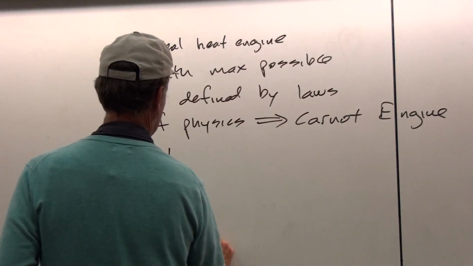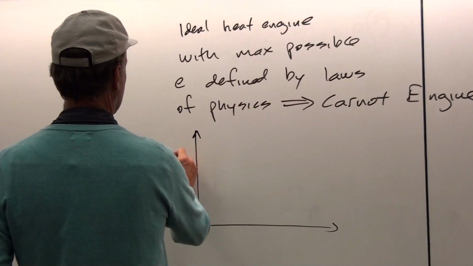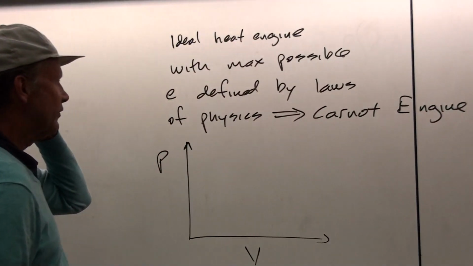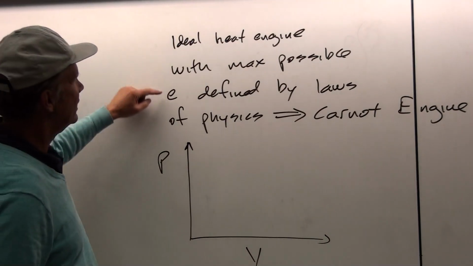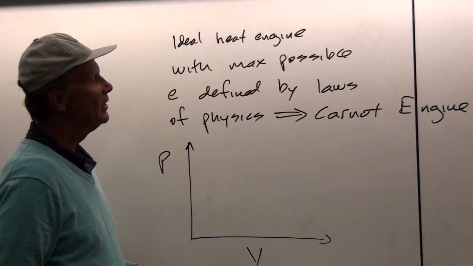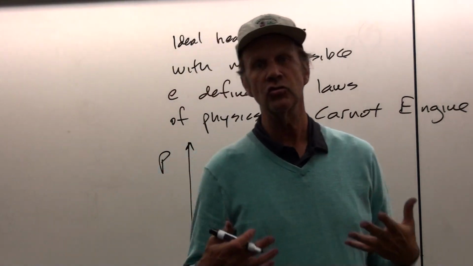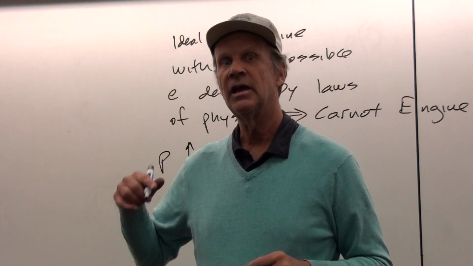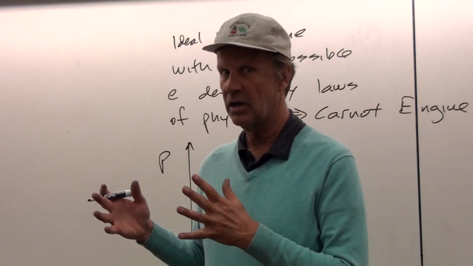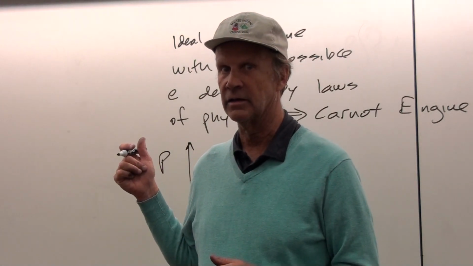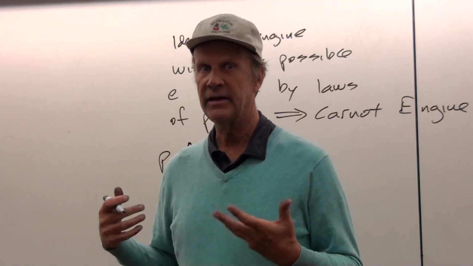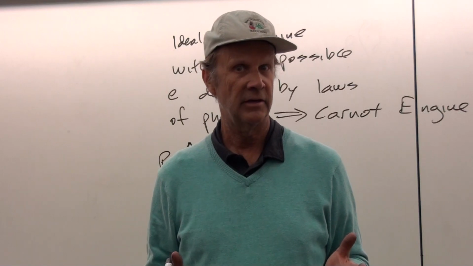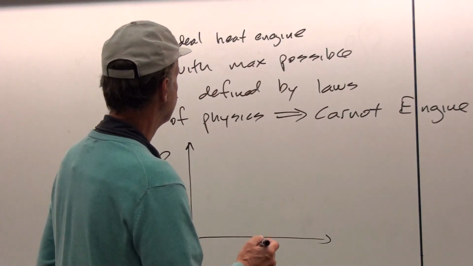But in terms of giving us an expression for the kind of process that can produce the greatest efficiency, what this means is that if we can construct our pressure volume curve for our heat engine so that it has as much of the look of a Carnot cycle as we can, then that is going to give us the maximum possible efficiency that that system could have. So that's something always to shoot for.